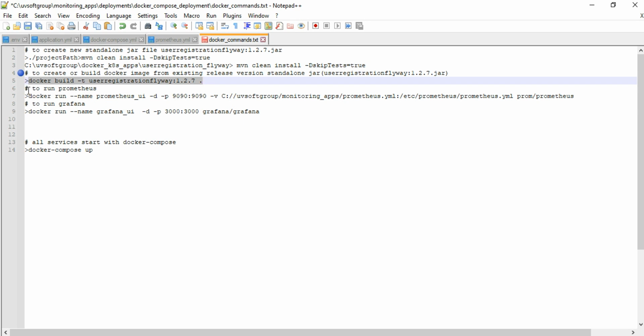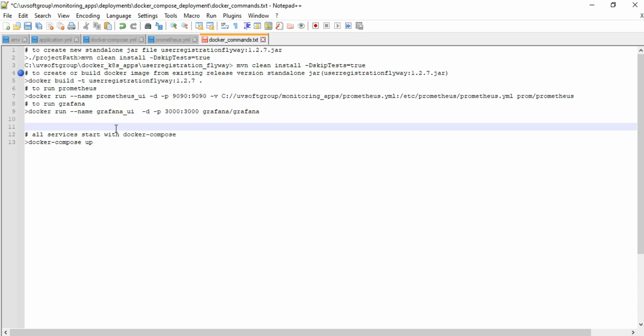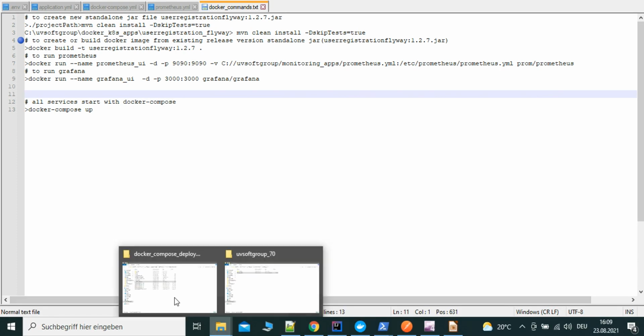Previously, we independently ran the Prometheus image and the Docker image with the default port 9090, and Grafana independently as well. But these are the things we will do with the Docker Compose file. That's the single command, the Docker and Docker Compose files configuration approach. So we put all the configuration that we already defined.